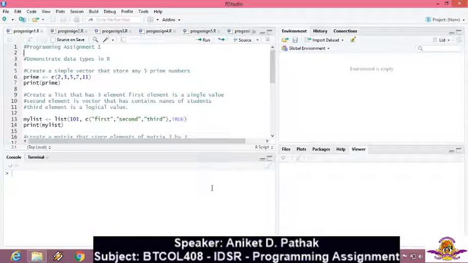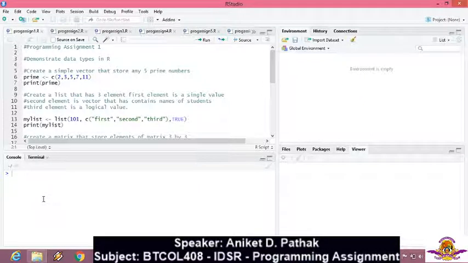I have already created the programming assignments for all of you and I am going to demonstrate them step by step. Welcome to the RStudio environment. As you can see, this is the workspace. This is your programming coding window. This is your console window. This is the R script that is written by me. If you want to check and demonstrate a particular command, you can use the console that is available to you.